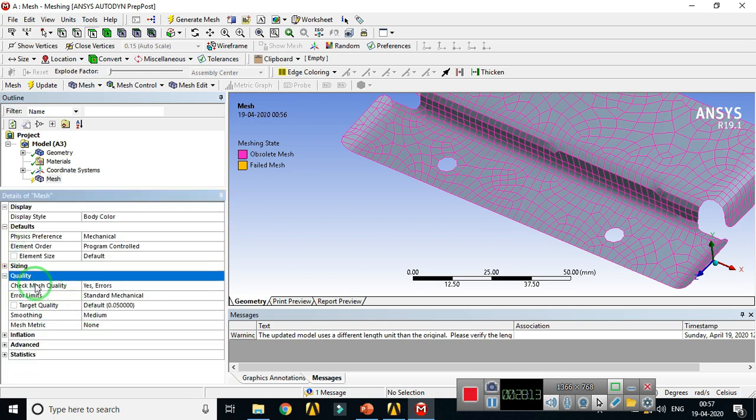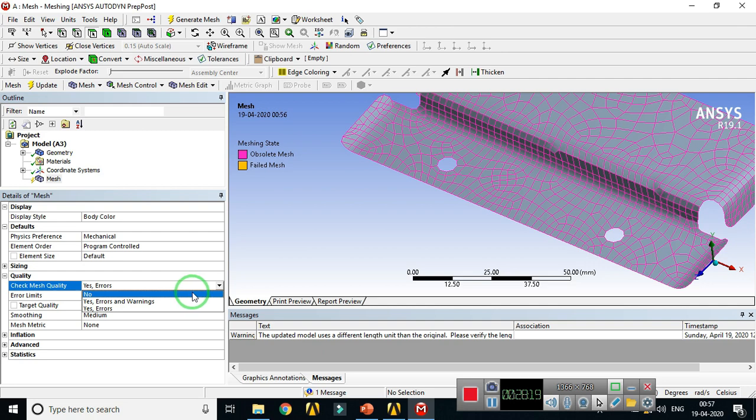Here the first setting is check mesh quality. Three settings are given: no, yes, errors and warnings, and third is yes, errors. It is recommended to keep yes, errors to display or check the mesh quality. Next is error limits. The error limits setting has two options available, that is standard mechanical and second is aggressive mechanical.